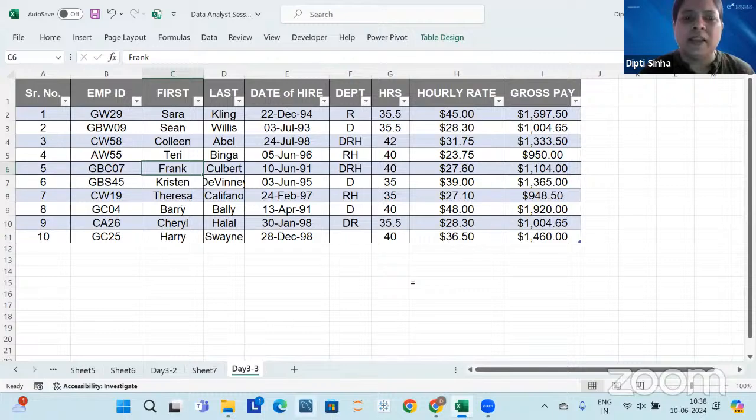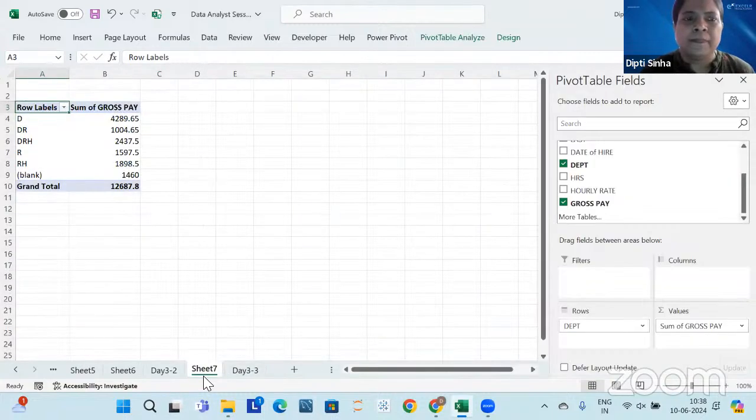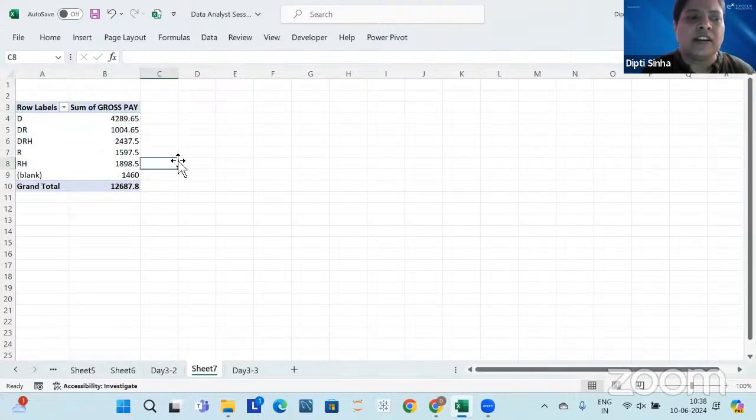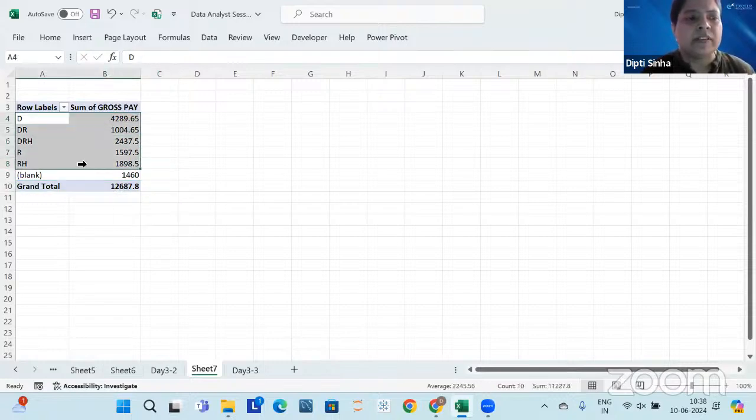Difference between this table and the pivot table? I got this direct information without writing sum, without writing anything, my information is ready. And that too, total information is also present. How much is the grand total? I got the grand total as well, right? So I got this department wise. What I will do, I will just select the data,